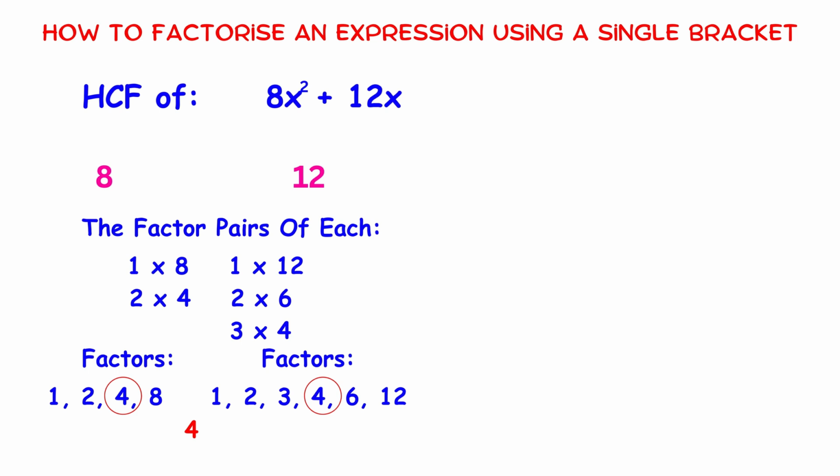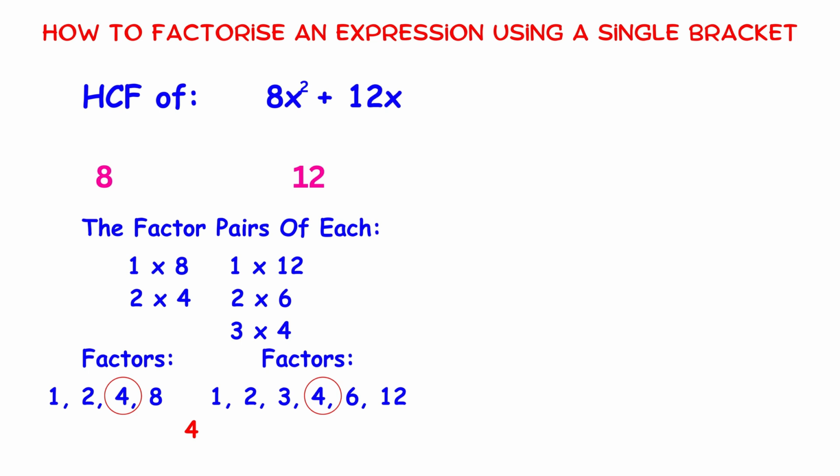If you didn't know that though, then you have to list out all the factors of each of them and pick the biggest factor that's in both lists. The best way to do this is to find the factor pairs of each. So for 8, the factor pairs are 1 times 8 and 2 times 4, so its factors are 1, 2, 4, and 8. Then for 12, its factor pairs are 1 times 12, 2 times 6, and 3 times 4, so its factors are 1, 2, 3, 4, 6, and 12. By comparing these two lists, we can see that the biggest number that occurs in both of them is the 4, so that's the highest common factor